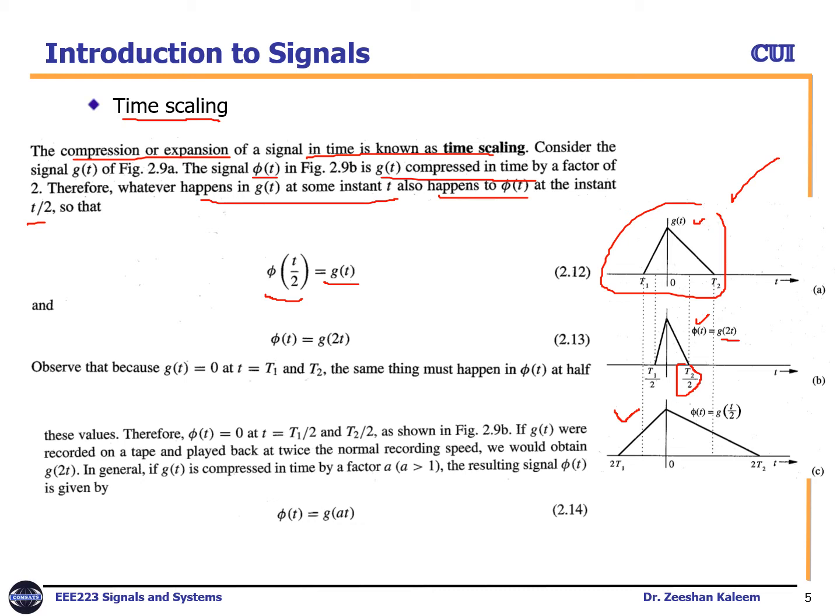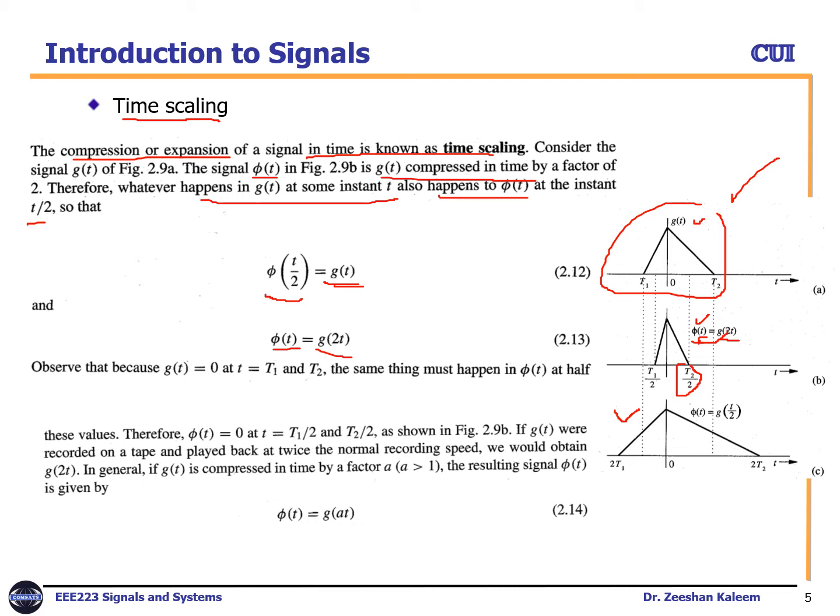So when they will be equal, it means when these two will be equal at what time extent. It will be equal when phi t by 2 equals gt. Because this is phi t, you put here t by 2, so it is equal to gt, because this is g2t. So when you move to here, it becomes phi t by 2 equals gt, and we can write as phi t equals g2t the other way around.